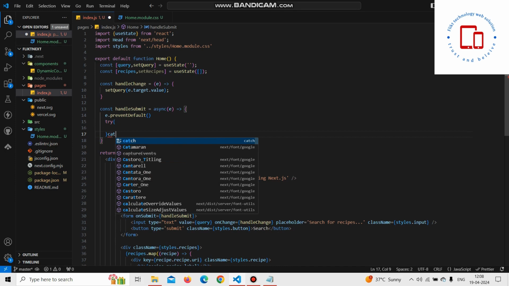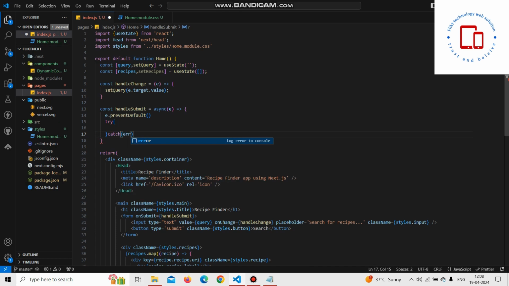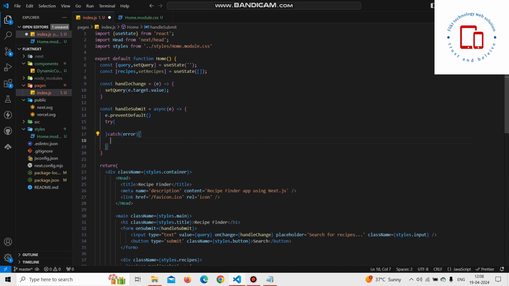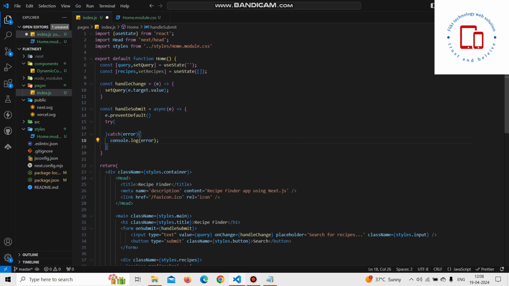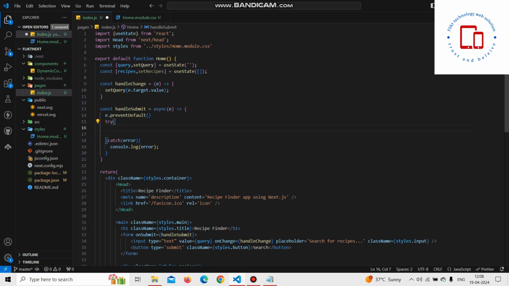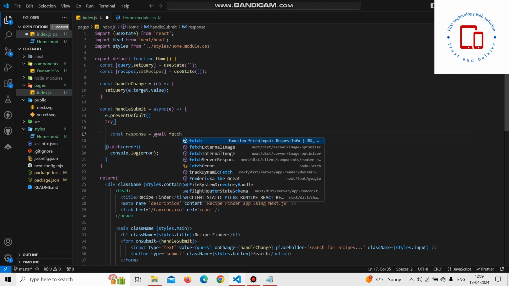and then catch inside error, and I am going to console log error. Inside the try I am going to use fetch to fetch the data from API, const response equal to await fetch